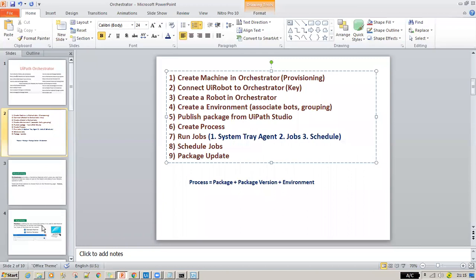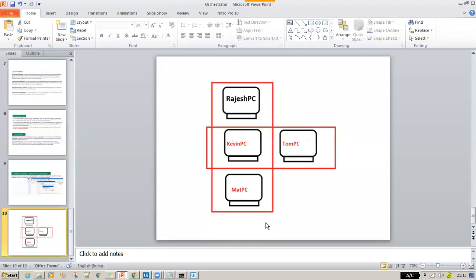Say you have multiple bots running under the particular machine, and you would like to categorize the different sets of bots into one particular group. It's basically a logical grouping of different bots. Say on your screen you are seeing Rajesh PC, Kevin and Mac. These three bots, whatever we configured, say for instance we would like to categorize all three as dev, and two of the systems as a testing team, and the two others as UAT.